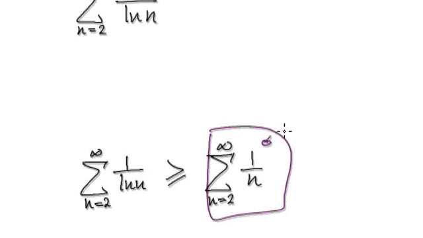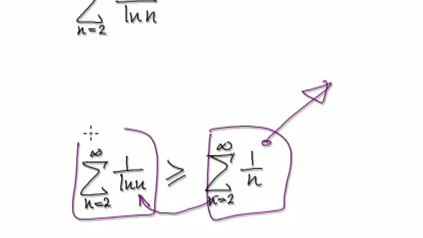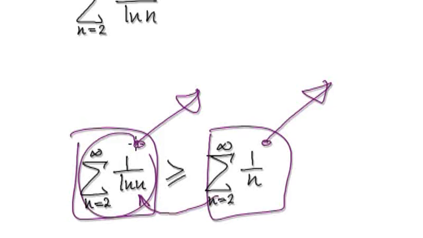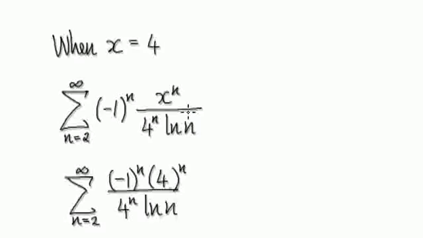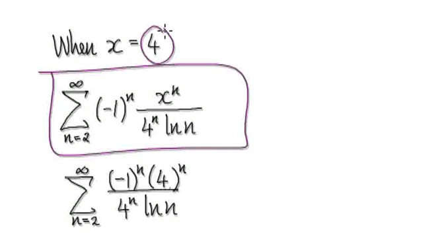Well, we know this is going to diverge. We've seen this many times. Well, this being less than this will have no choice but also to diverge. So we know that this is going to diverge for sure. So now we need to check what happens when x equals 4. Going back to the original series, when x equals 4, we would put this